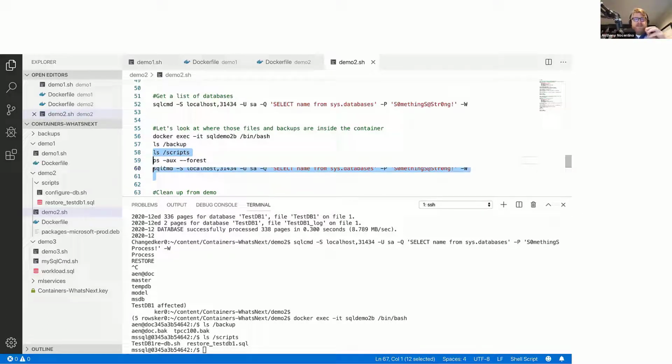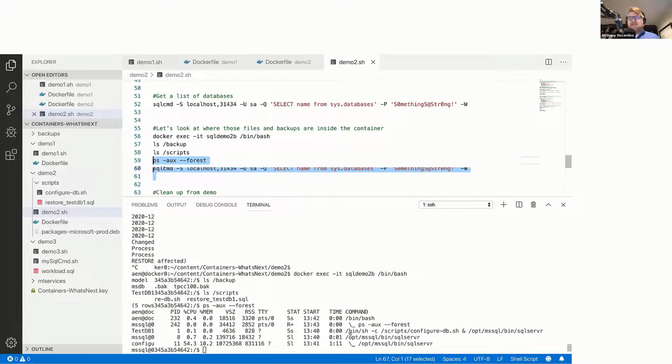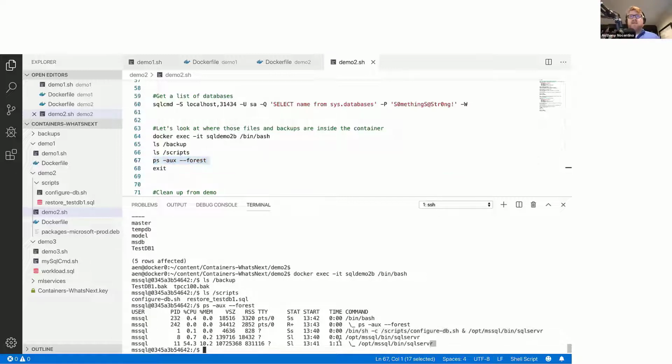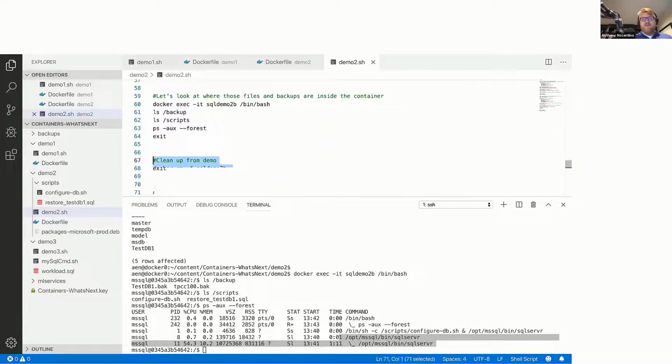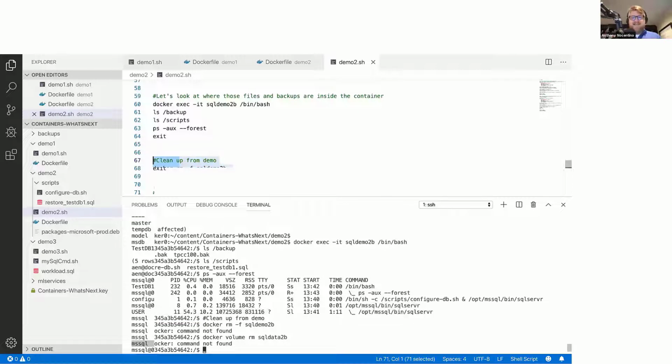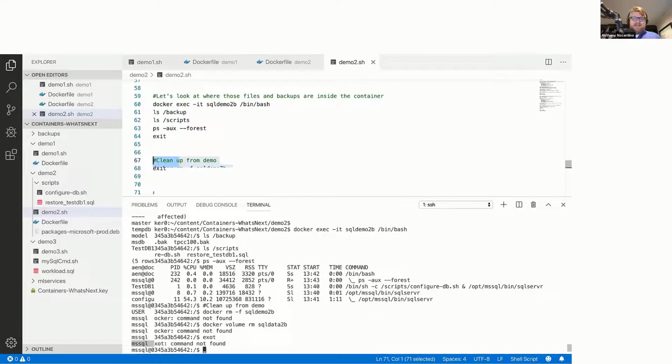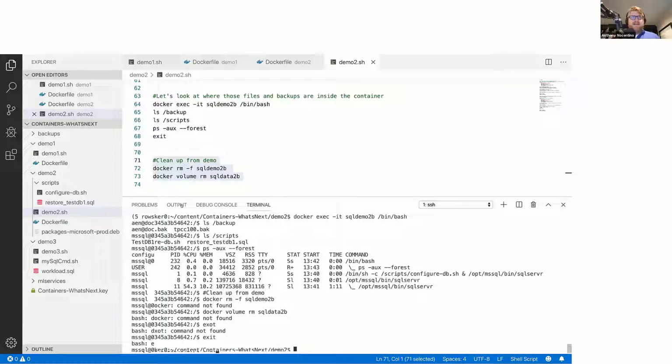However, there are probably some ways you can parameterize that as well to make it a little more sophisticated and dynamic if needed. We also see a slight difference in the instantiation here. We see that this script is called first, and then SQL Server starts up, but that script finishes, and all we're left with is the two SQL Server processes as expected. So let's go ahead and remove that container. Exit out of the container, and then remove the container and then remove the volume.